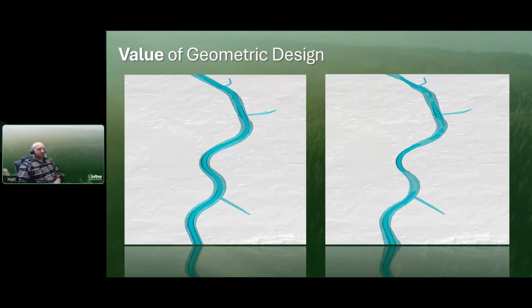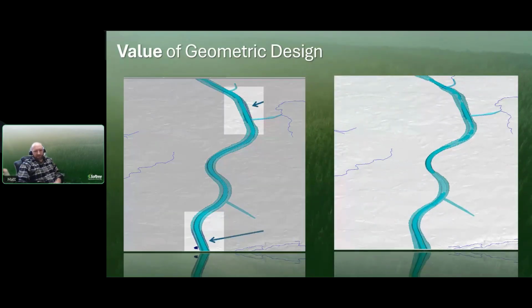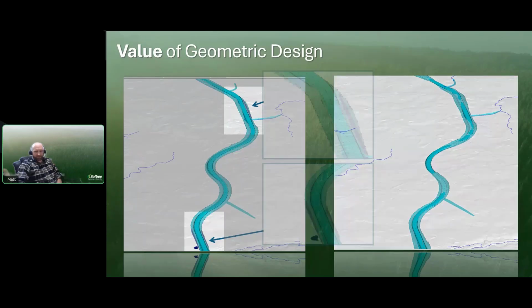But then we can incorporate our hydrology tools, and we can see that one of these actually has a problem. If we built it as shown on the left, we'd be creating issues where we've got ponding water in our ditches, and we'd have to do something to mitigate that, or we'd be stuck with a roadside hazard, and that hazard could also soften our subgrade and cause maintenance issues. So we use that design functionality to make more informed decisions, know what we're up against, and come up with a better plan for implementation.